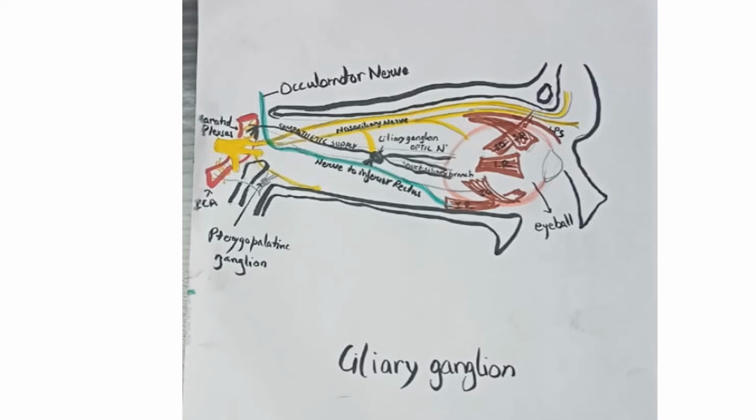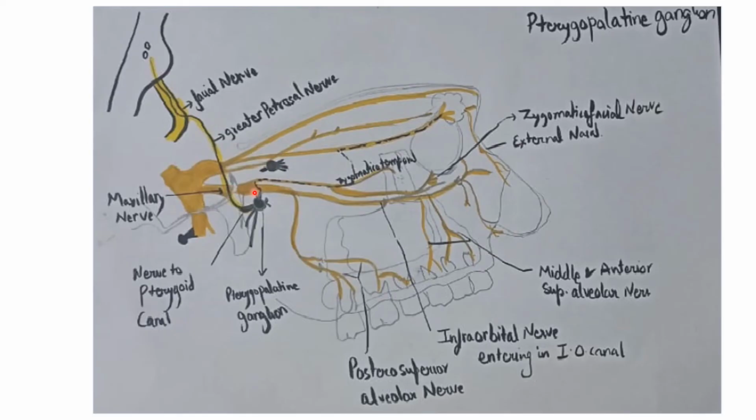Now let's move to the pterygopalatine ganglion, the largest peripheral ganglion. This is the pterygopalatine ganglion. Just above it, for representation, this is the eyeball, this is the maxillary area, the upper alveolar arch, right? This is the nasal area. These are the pterygoid plates, right? The lateral pterygoid plate, the posterior surface of the maxilla, and this is the pterygomaxillary fissure, and deep to it is the pterygopalatine fossa, right? And here I have tried to represent the mandibular nerve with your otic ganglion. So this is your ciliary ganglion, this is your otic ganglion, and the branch arising from the mandibular nerve is the lingual nerve, which will go like this, and from it hangs the submandibular ganglion.